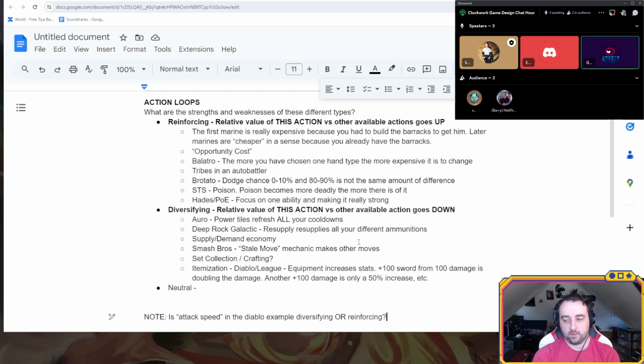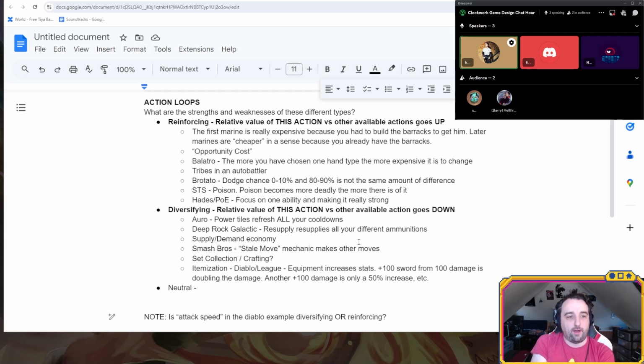It sounds like someone's going to say something though. Oh yeah, I was just going to say, I think I can sort of square the circle on this Diablo attack speed thing. Let's say in Diablo you have two different types of action. Action one is buying an item at the shop, and that's one sphere, and action two is attacking.